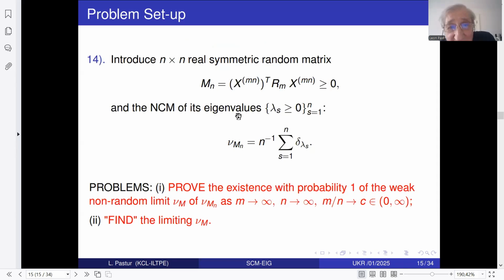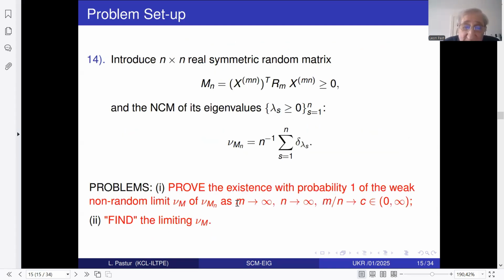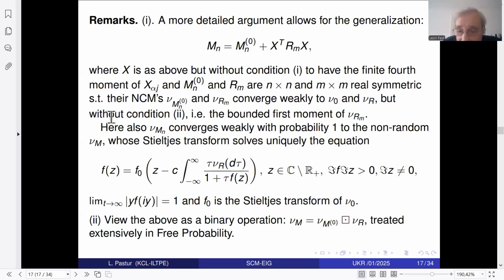The theorem is valid under conditions, as I said here: the entries xi, ji are independent, identically distributed, normalized like Z, and the matrix R is such that this measure converges to the limit. And then the theorem still holds, but the proof is much more technical. This is why I added this condition, to make the proof possible to explain in one or two lectures. Okay, thank you.